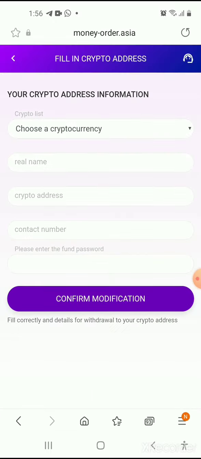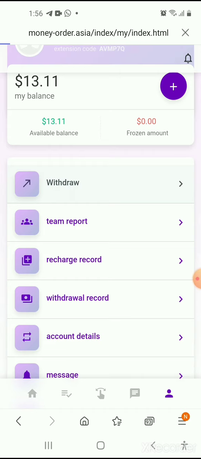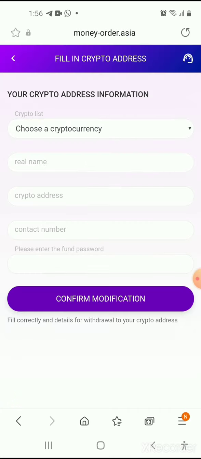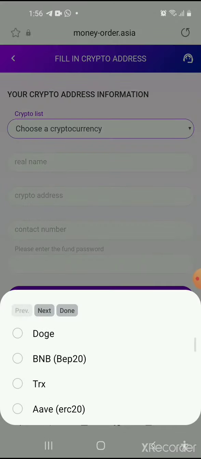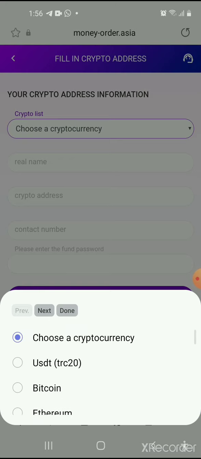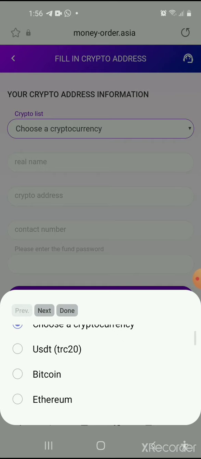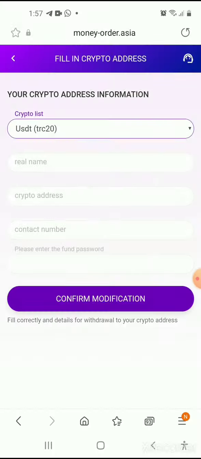Okay, so if you want to withdraw, you just come to this side, withdraw, then you choose the cryptocurrency that you want to withdraw to. It can be any crypto right here, but mostly I would advise you either use BTC, Ethereum or USDT, but I prefer USDT, so you choose USDT, then done. Okay, your name, then your crypto address. You see, so if you have Binance, like